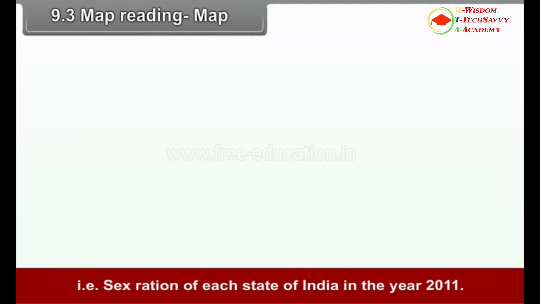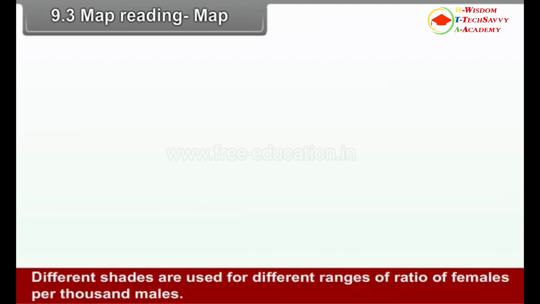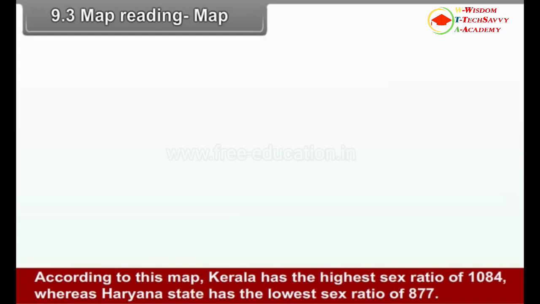Map in Figure 9.1b. It is a map of India that has a very specific theme, that is, sex ratio of each state of India in the year 2011. Different shades are used for different ranges of ratio of females per 1,000 males. Besides shades of color, actual sex ratio of each state is also given. According to this map, Kerala has the highest sex ratio of 1084, whereas Haryana state has the lowest sex ratio of